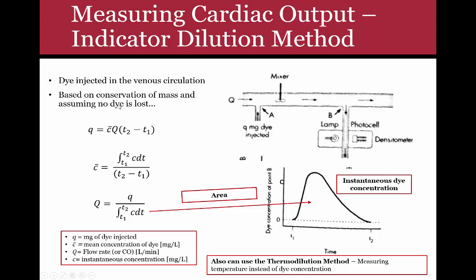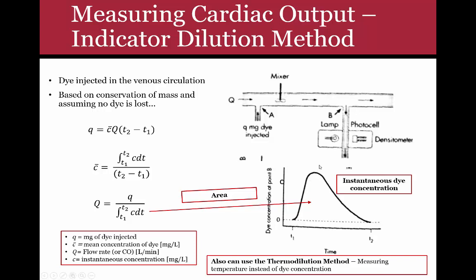So, for instance, say they'll inject dye at a certain point in circulation. Then they will also extract some blood and test it for the amount of dye in that portion of blood, and then they'll be able to get a curve of the dye concentration versus time. So T1 is where they inject the dye, T2 is where, at some point downstream, they measure it,